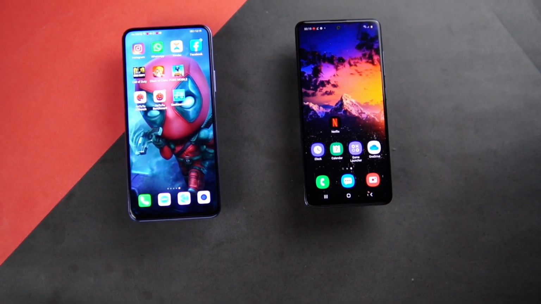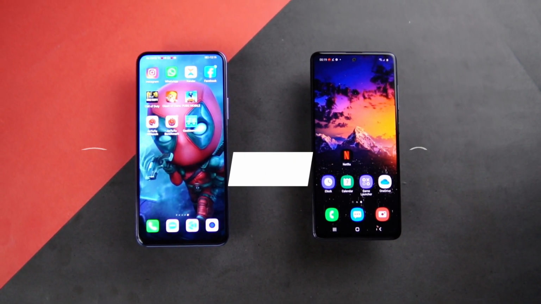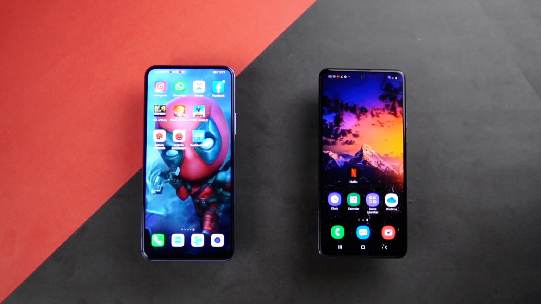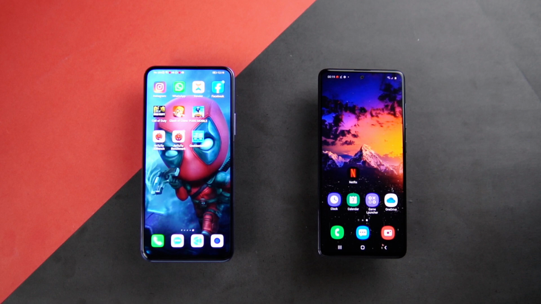Hopefully you are having a great time, and in this video we are going to compare the Samsung's Galaxy A51 with the Huawei's Y9a. Starting off with the pricing section, the prices of both smartphones are